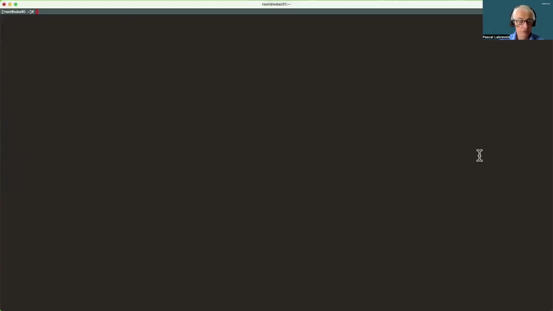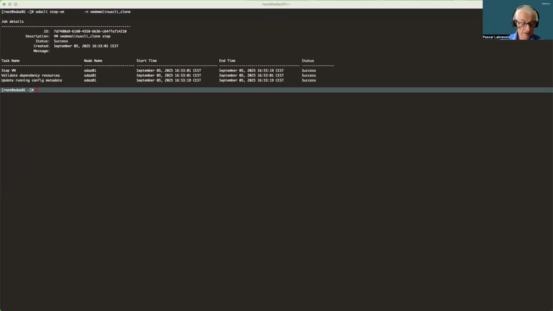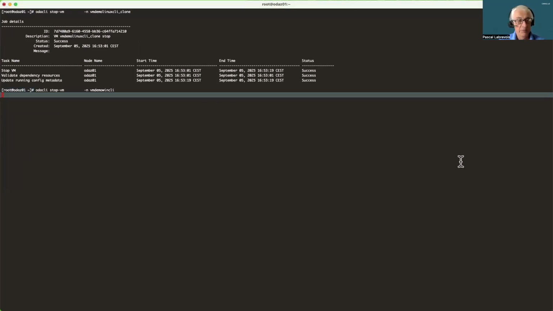So this completes how to create these objects from the command line. I can now show you how to destroy the objects that I've just created. I'm stopping the VMs before I can delete them. So I'm stopping the clone, and I'm stopping the Windows VM.